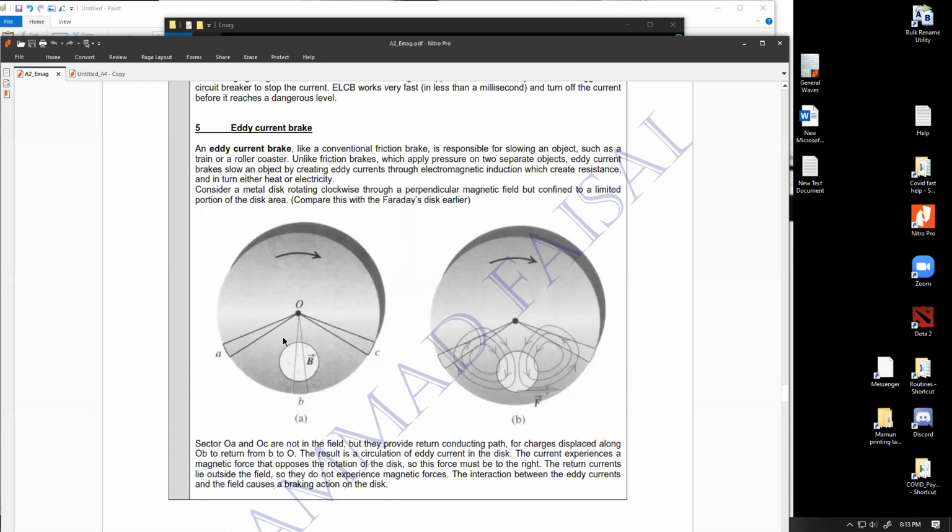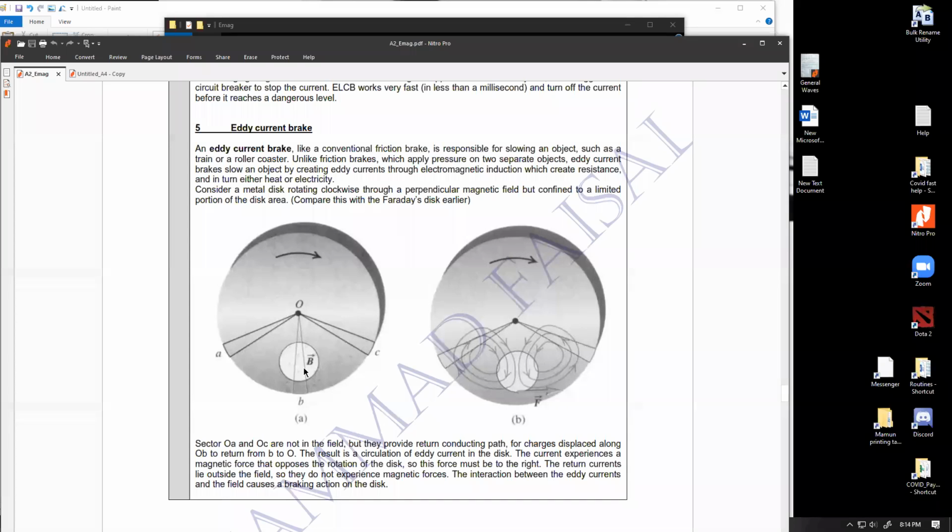Whenever you make the disk pass through a magnetic field, the rate of cutting over at this region is much smaller compared to the rate of cutting over here. This part, having a much higher linear speed, will cut the magnetic field far faster. So you're going to produce EMF in both regions because of the cutting, because whenever moving charges cut across field lines, they produce EMF. But you will have a much bigger EMF produced over here in terms of magnitude, and a much smaller EMF produced over here, which means